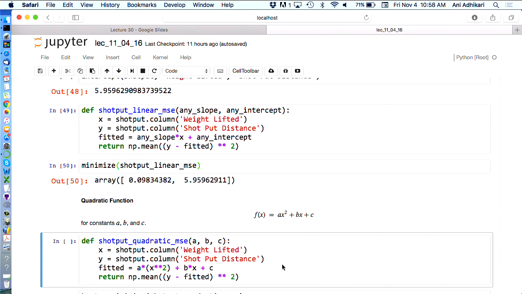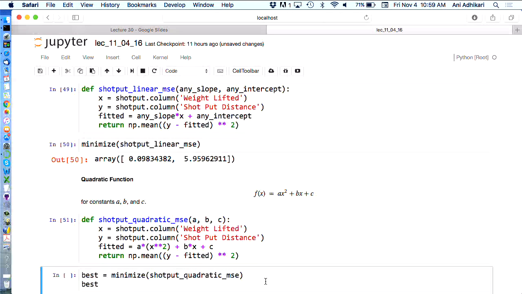And the fitted value is, of course, different. In one case, you are using a linear function, that is, a straight line. In the other case, you are using a quadratic function, a curve. Now look at the mean squared error. The formula is exactly the same: the actual distances minus the fitted values. Those fitted values are different in the two cells, but nevertheless they are fitted values. So the minus is the error, and then you square and you take the mean. All clear? Okay.